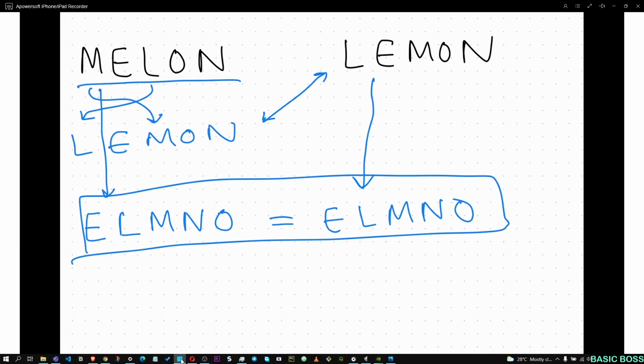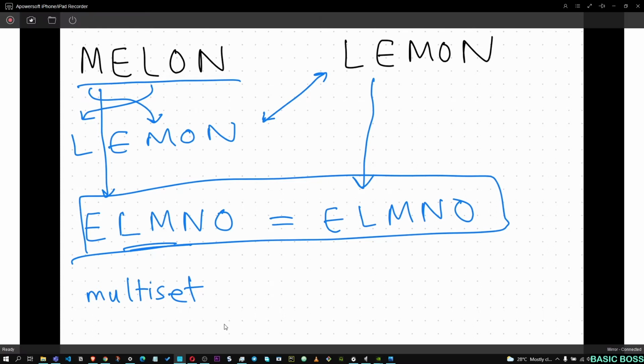Now to check anagrams, you have to sort them. What we can do is use a multiset, because in a multiset the characters are arranged in ascending order from the beginning itself, so that's what we want. So using a multiset we can check. We won't be using a set because the characters can be repeated in the word, and in the case of a set the repeated characters are not accounted for, so we'll be using a multiset.